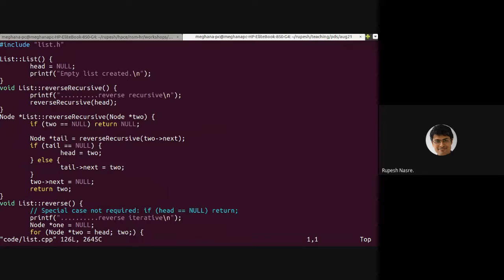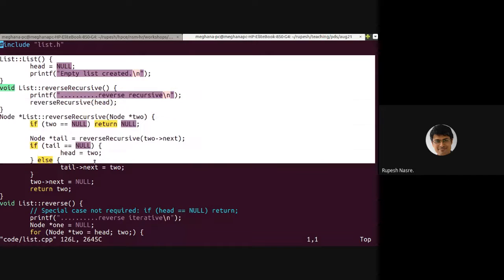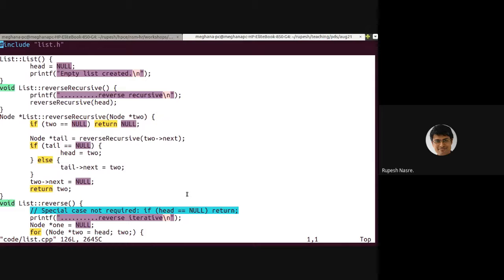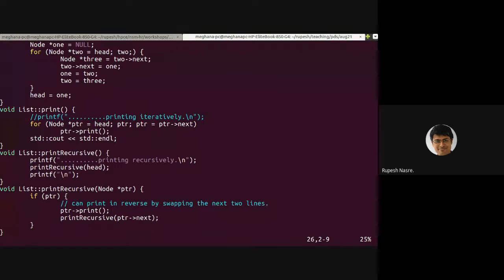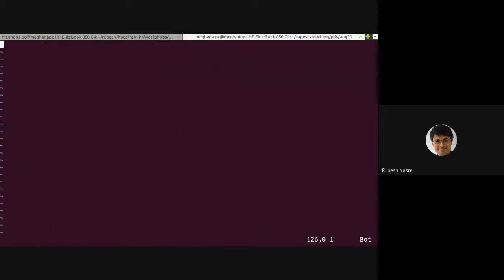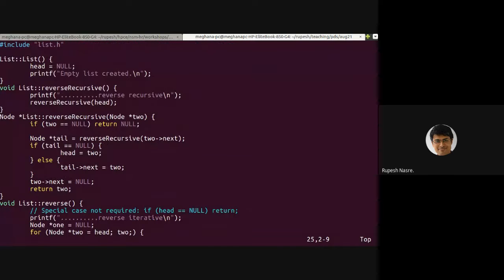What does list.cpp do? The first thing it does is #include list.h, because I have all the declarations of class list in this list.h, and then there is an implementation of all of these functions which we had earlier in our list. Only functions are written here. There is no main. In the whole program, there has to be a single main, which we have already included inside hash.cpp, and therefore we should not include main in list.cpp. Otherwise, there will be a multiple main error given by the compiler.